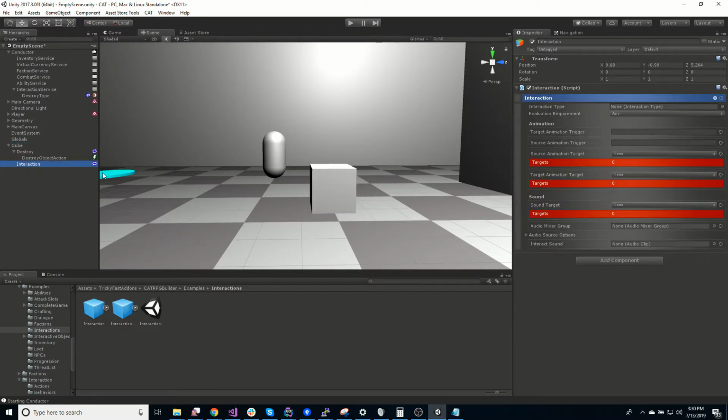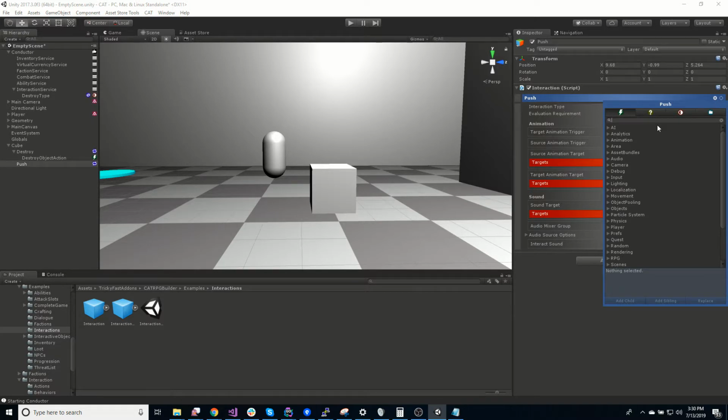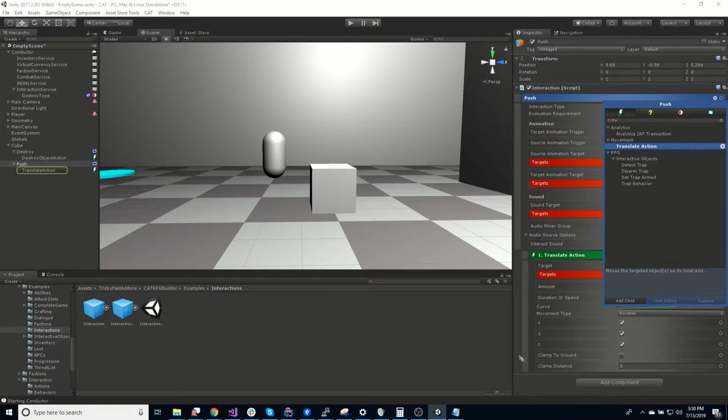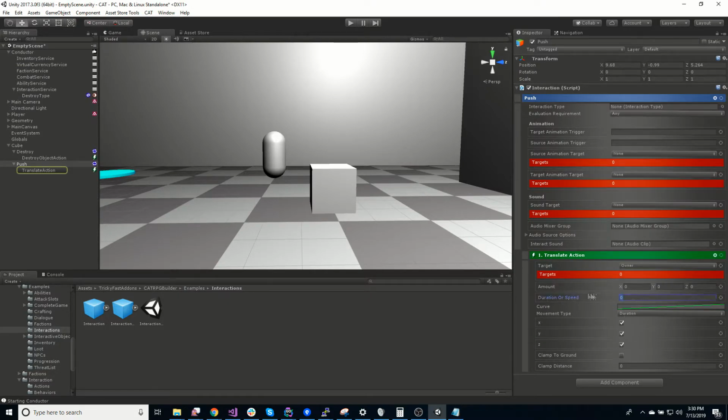We'll call this push. And underneath here, we're going to add a translate action. Duration of 0.25, move it 1 unit in Z, and that sounds good. So let's also create the